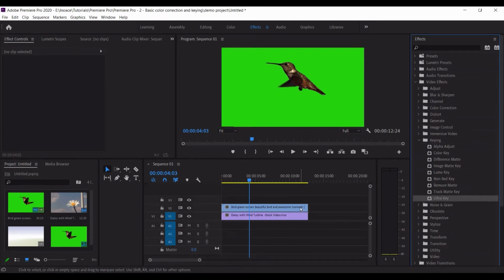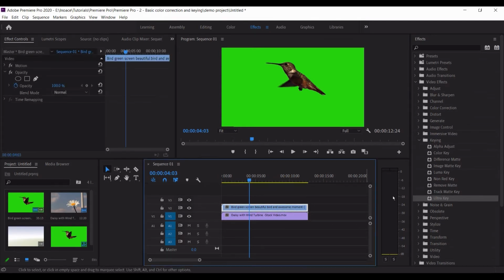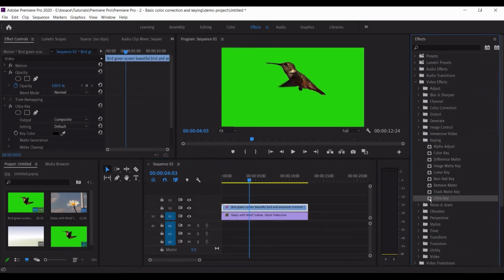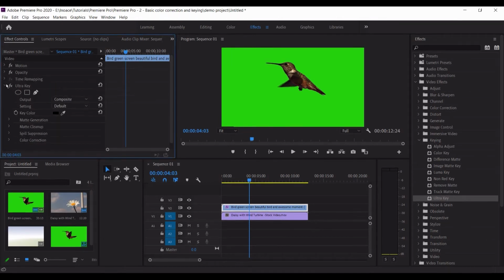Since our clip is not selected, we are going to drag and drop or just double click after selecting the clip. Now on the left hand side we have this ultra key in effects control, and here you can see the eyedropper tool, and we are going to select the green color with the help of the eyedropper tool,